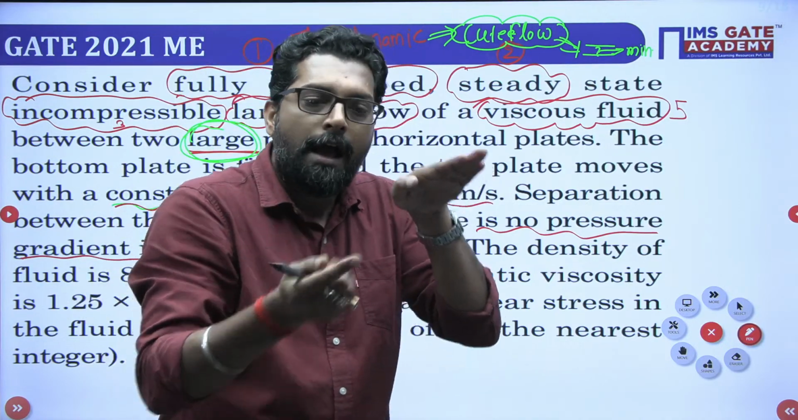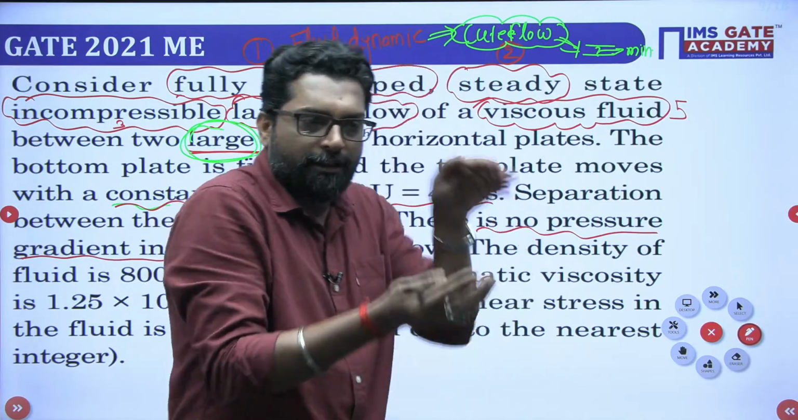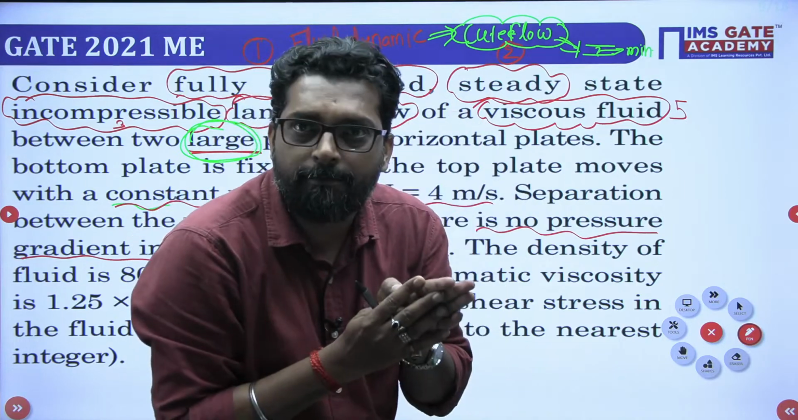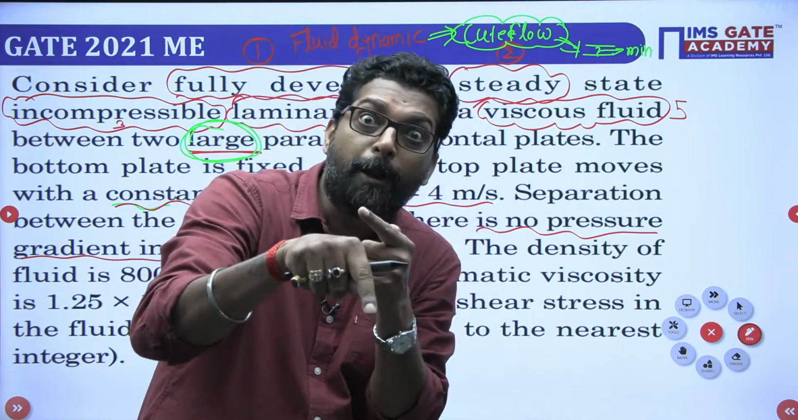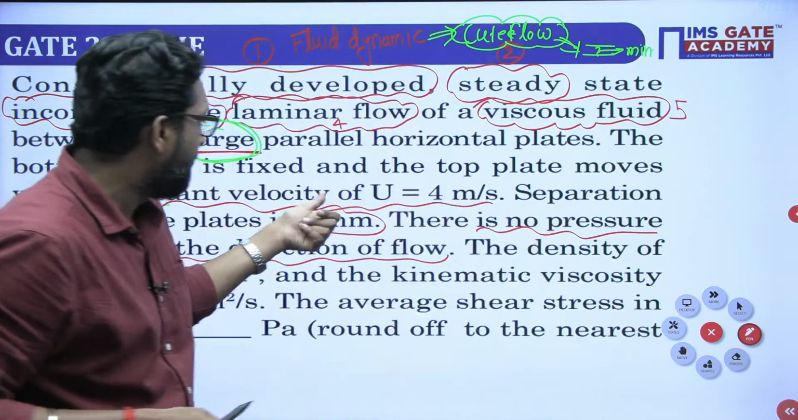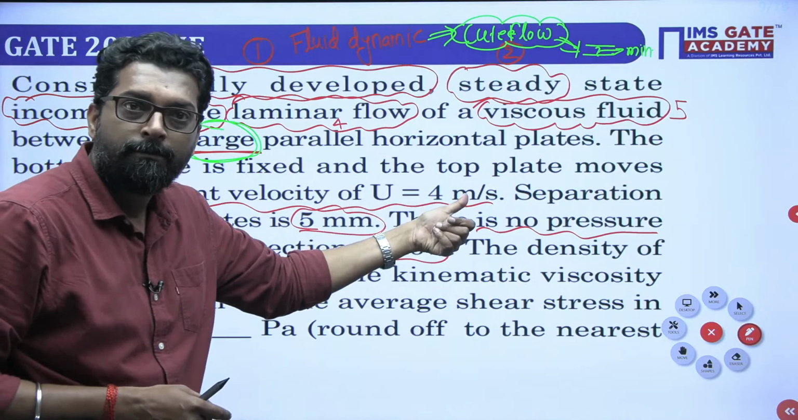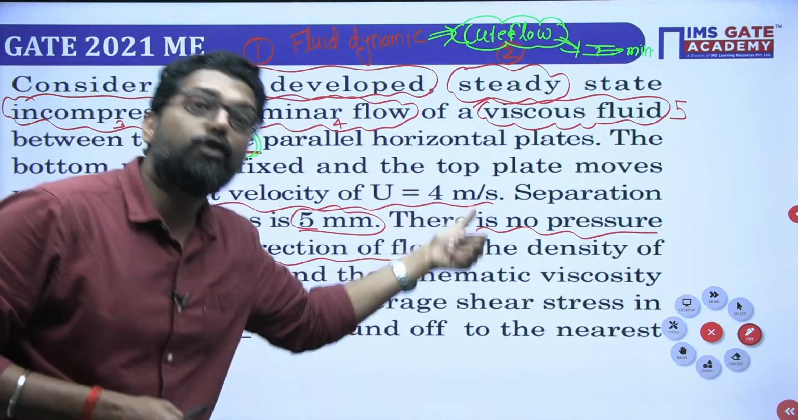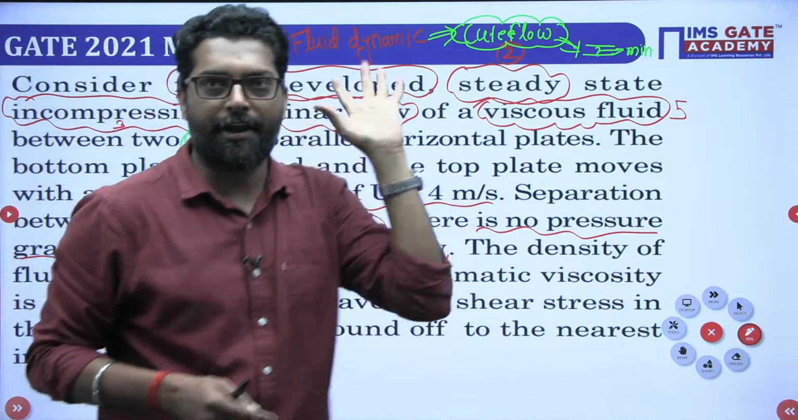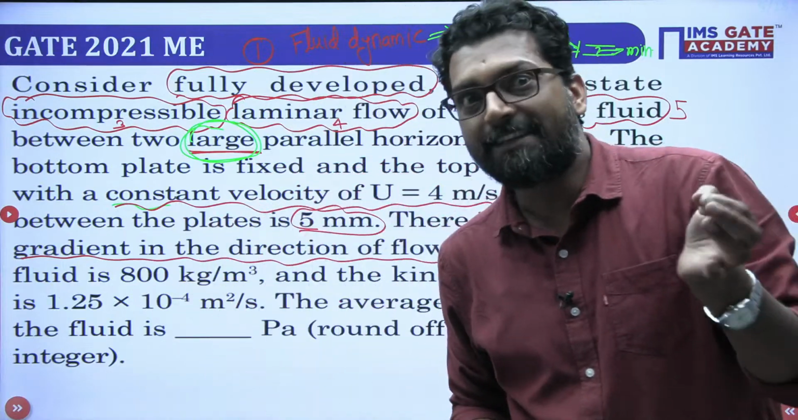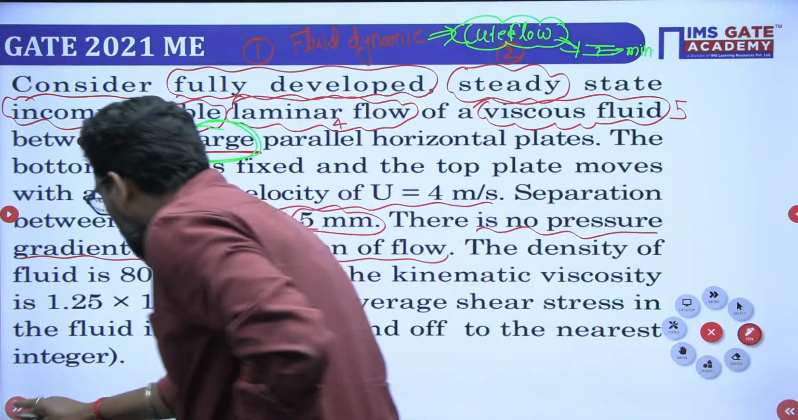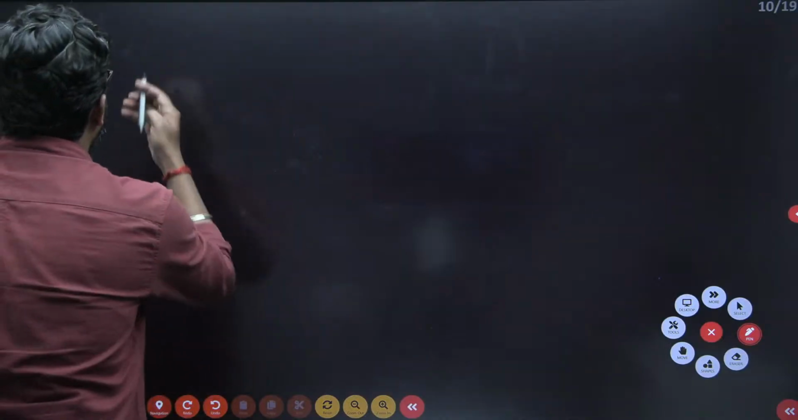Number first, gravity. And second, there is no pressure gradient. That means the fluid is not flowing due to pressure. But the fluid is flowing. See, the plate moves at constant velocity, that means the fluid is flowing. So the fluid is flowing due to the displacement of a boundary. That is called Couette flow. That means, my dear,